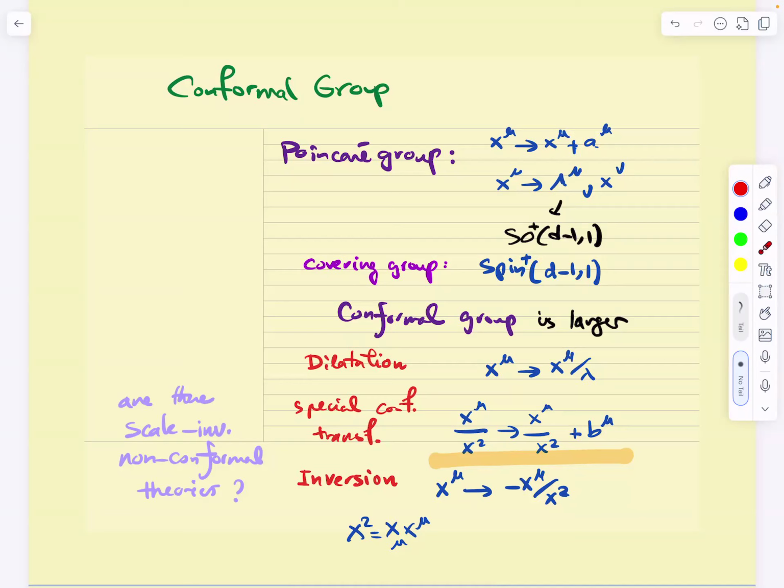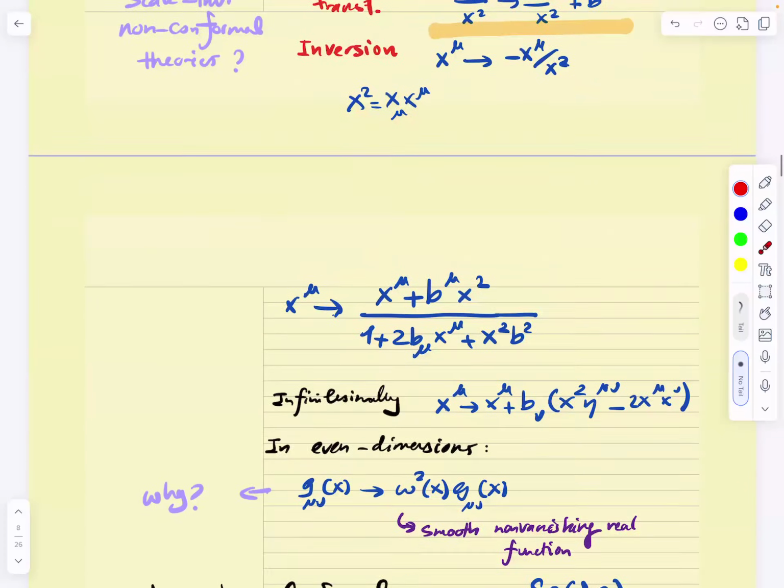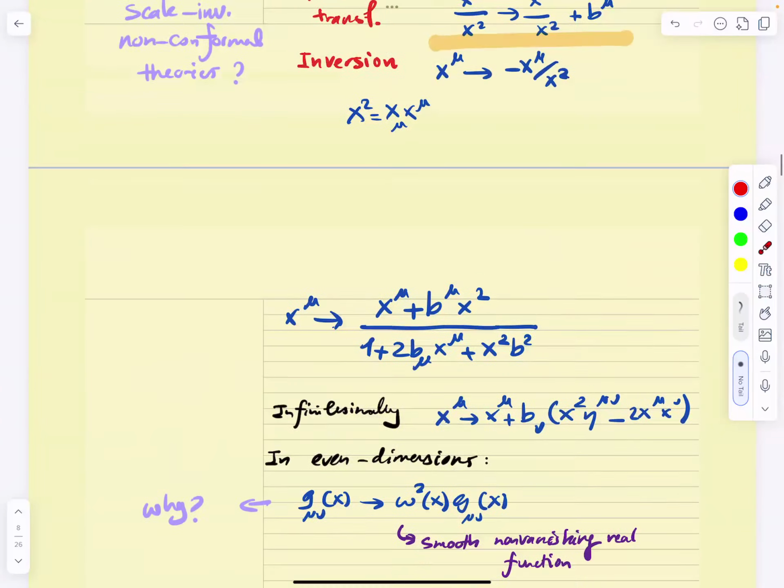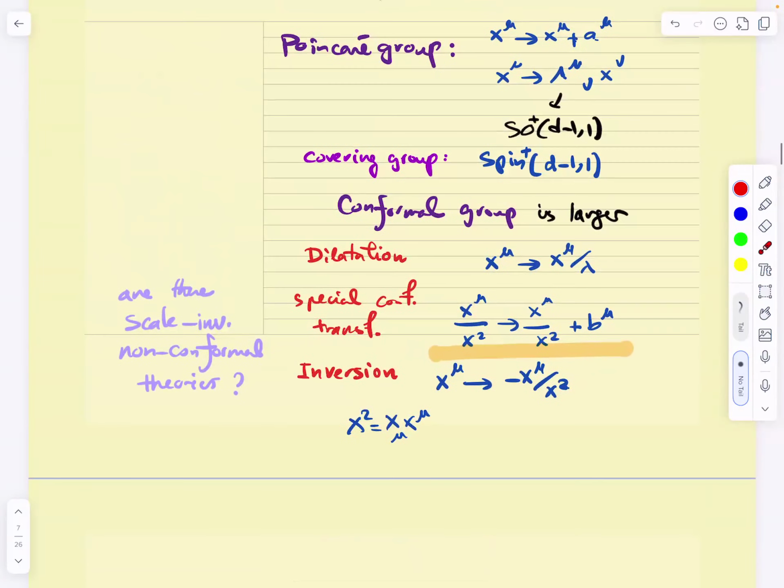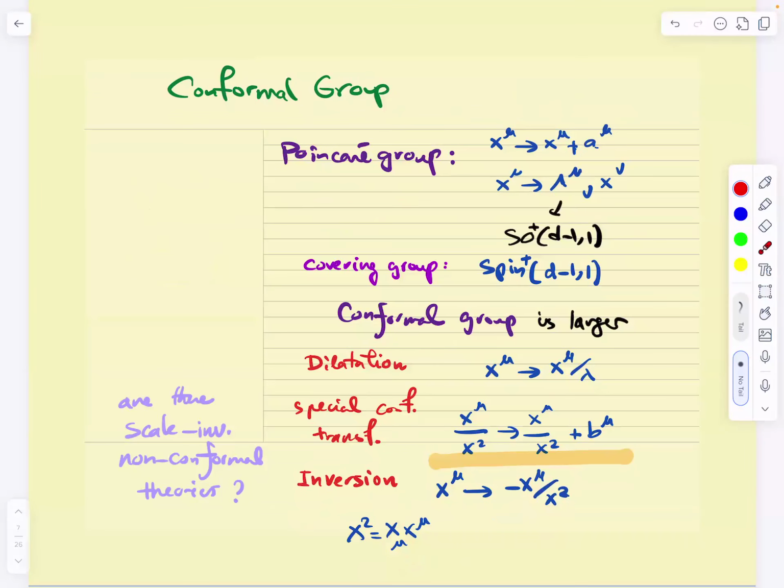The simplest example of this? Let's see, 0 plus 1 dimensions. Well, okay, let me not confuse you. Let me just say it for those of you who want to think about this. In 0 plus 1 dimensions, what we have is translations. That's all we have. There are no Lorentz transformations. Then we have dilatations,